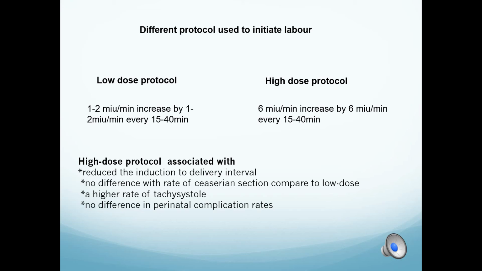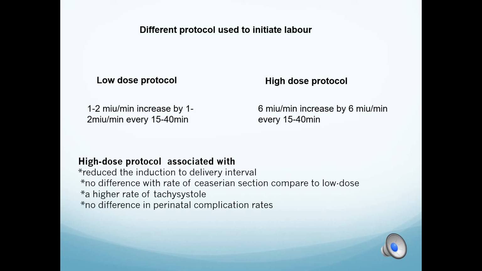In the high dose protocol, we start at 6 milli international units per minute, increasing by 6 milli international units per minute every 15 to 40 minutes. And if you are asking me which one I prefer, I prefer the low dose protocol. I will tell you why. The high dose protocol is associated with a reduced induction to delivery interval, that's true, but there is no difference in the rate of cesarean section compared to the low dose protocol, and there is a higher rate of tachysystole,